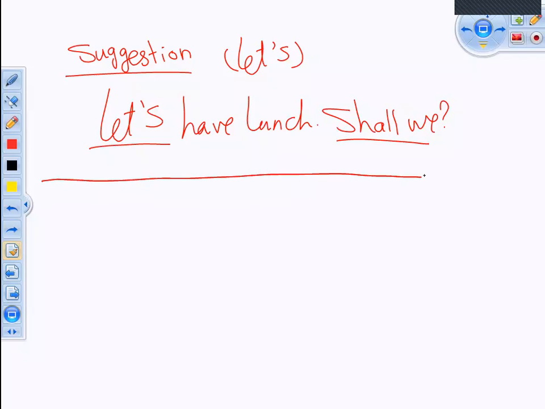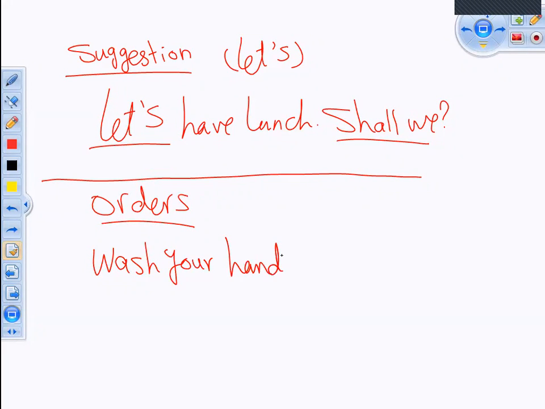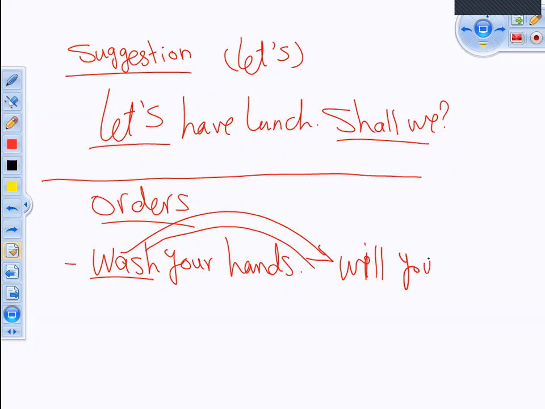What about the commands? Orders. Like wash your hands. If we started with an infinitive verb, it's an order. I want you to do it. I want you to wash your hands. So we start it with will you. But what about if I told you something like, don't